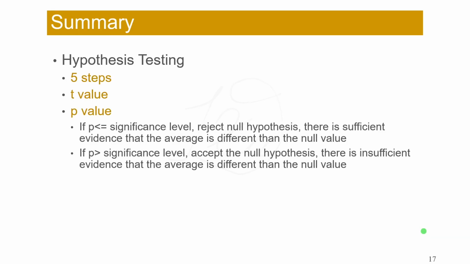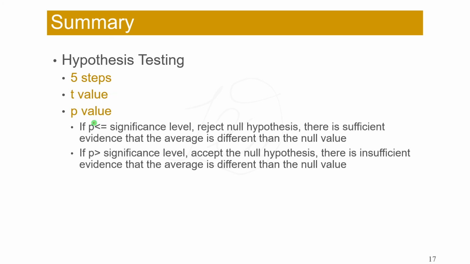In summary, in this video, we have talked about the hypothesis testing. There are 5 steps in the hypothesis testing. There are 2 ways of drawing conclusion. One way is we calculate the t-value of the sample average and compare it to the critical values corresponding to the significance level, or we can calculate